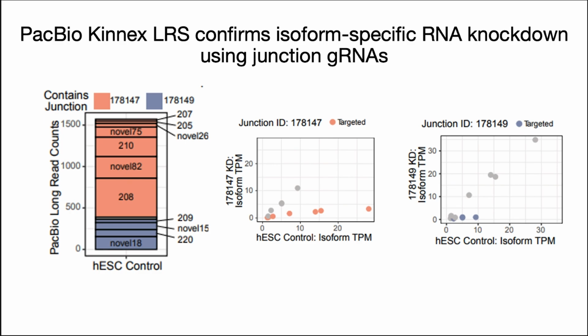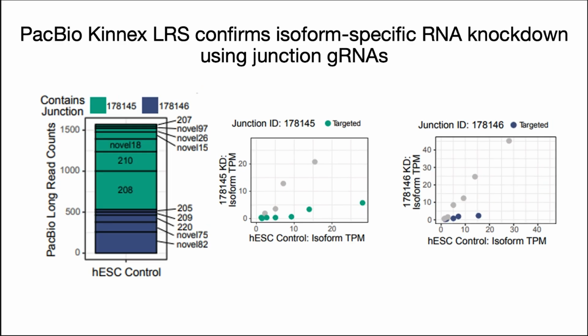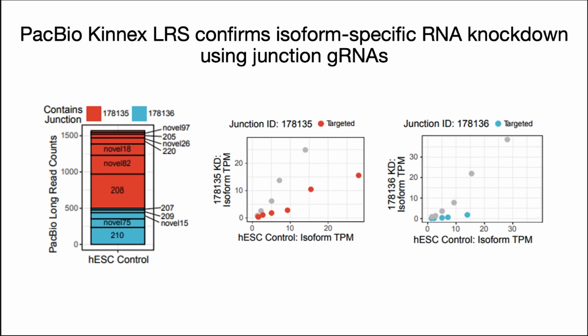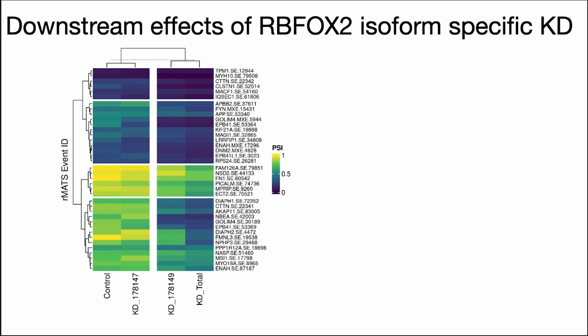So that's great. And this recapitulates for other splicing variation that we have in RBFox2. So we only ever see knockdown of the isoforms that we think we should, and we don't see knockdown of other isoforms, sort of off-target effects. And we really wouldn't be able to say anything like that with any confidence if we only had short read